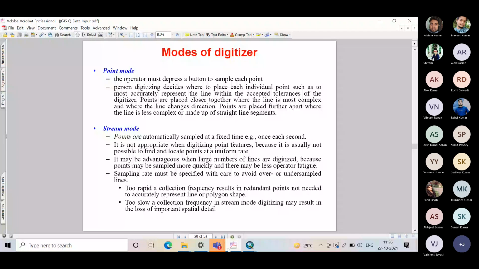स्ट्रीम मोड ऑफ डिजिटाइजेशन में अगर फ्रीक्वेंसी बहुत लो पे सेट है, मतलब बहुत जल्दी डेटा कलेक्ट हो रहा है, उस केस में ओवर सैम्पलिंग हो जाएगी, ज्यादा पॉइंट लग जाएंगे। इसी तरीके से अगर सैम्पलिंग फ्रीक्वेंसी बहुत लंबी रख दी जाए, बहुत स्लो सैम्पलिंग कराई जाए,